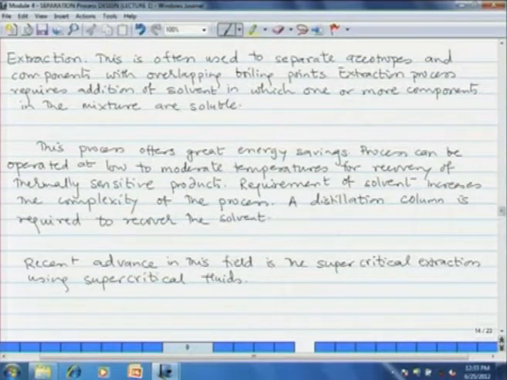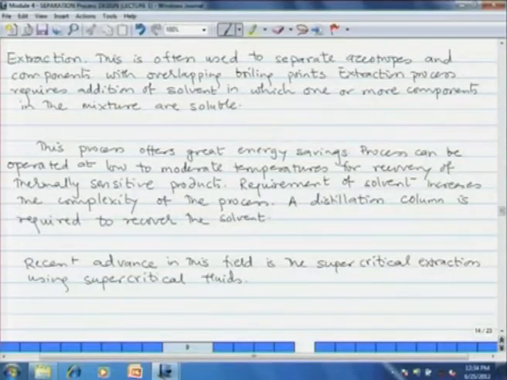However, extraction operation itself will not give you the desired product. It has to be coupled with a distillation operation. The output, or the extract, from the extraction contains solute and solvent, which has to be separated, and the most common operation is distillation. However, for the subsidiary distillation operation to be less cost intensive, you have to select a solvent which has a very high relative volatility with respect to the solute, so that you can achieve separation in a very small number of plates.